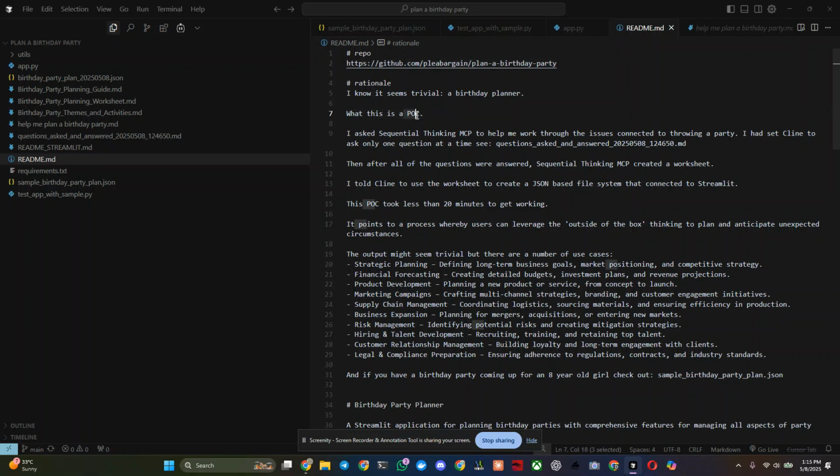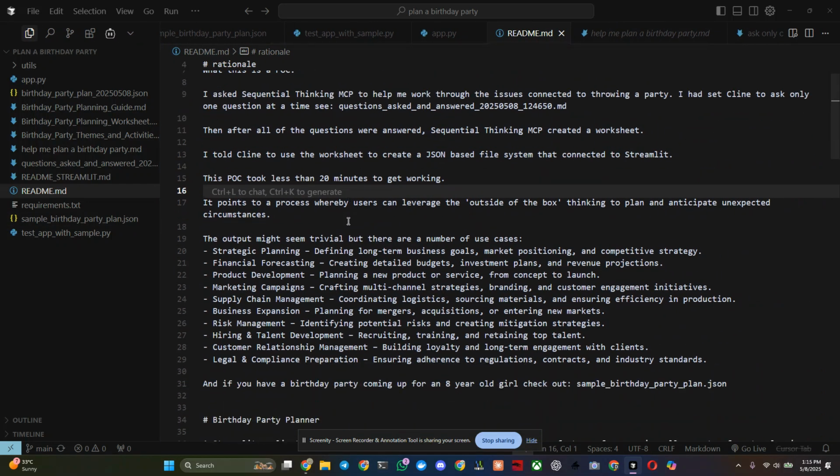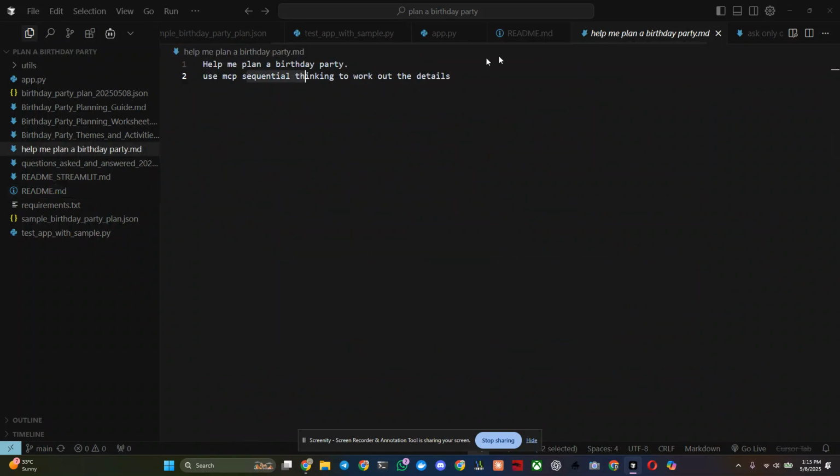It's a great POC, proof of concept, but I think most importantly, what it shows is an ability for people to start thinking about strategic planning, financial forecasting, product development, marketing campaigns, etc., whereby you start with, in this case, help me plan a private equity takeover of the Social Security system to benefit the super wealthy of the United States. Then you could put that in as a prompt